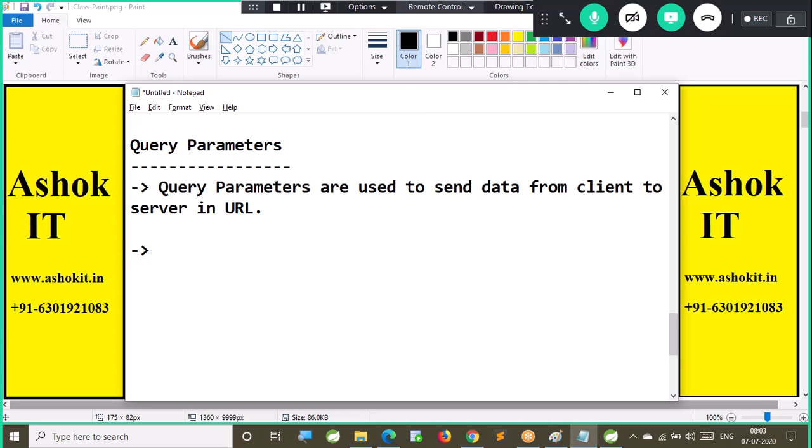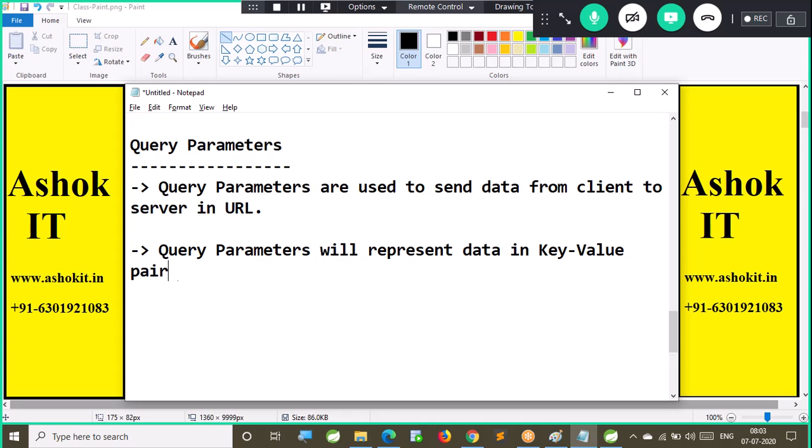Query parameters will represent data in key value pair format.